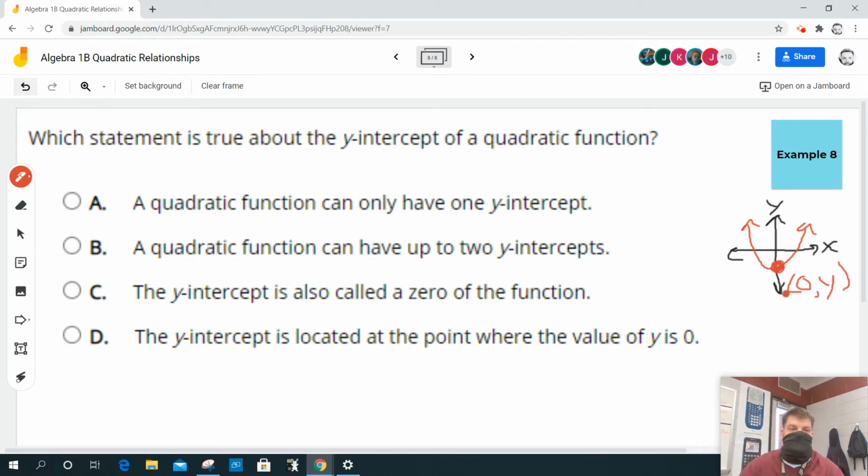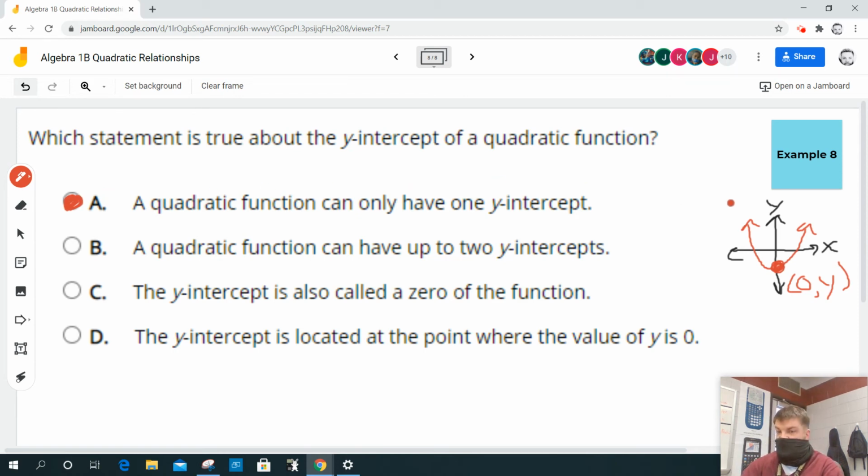Now it says, A says it can only have one y-intercept. Do you guys agree with that? It can have two x-intercepts, but how many y-intercepts can it have? It can only have one. So that's it. Now, it can't have two y-intercepts because, as you can see, even if I shift this